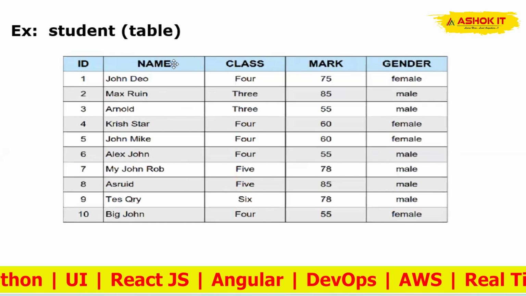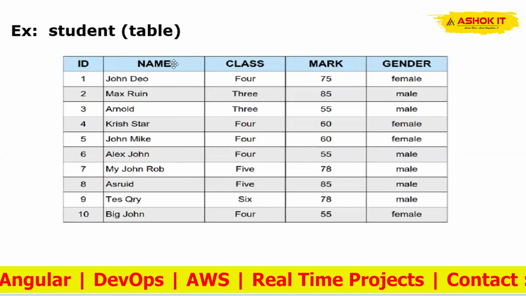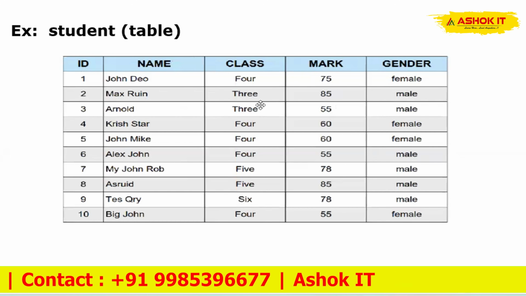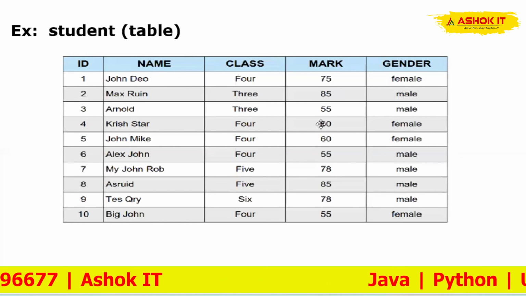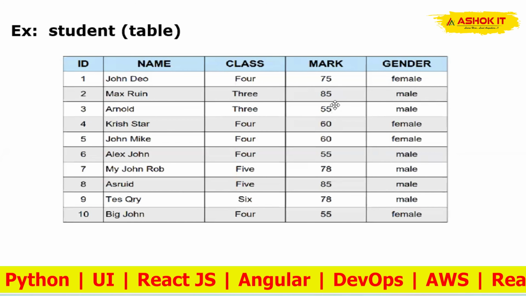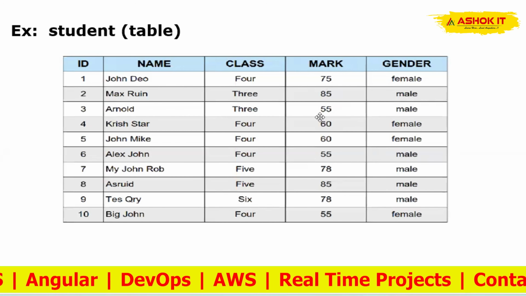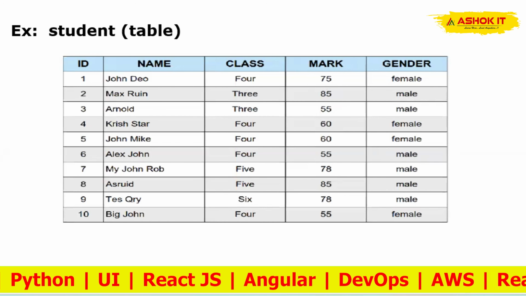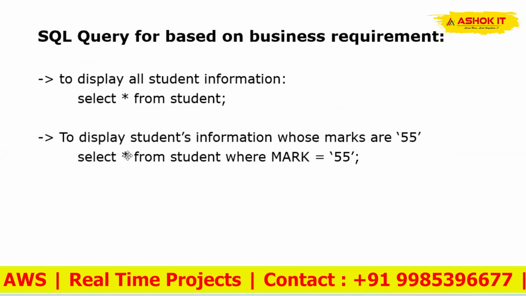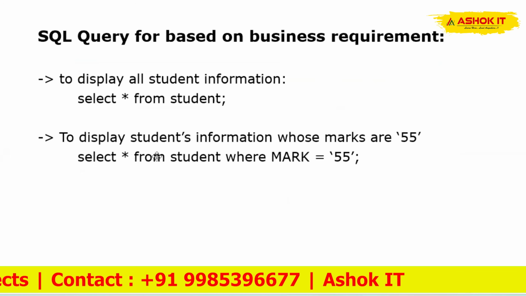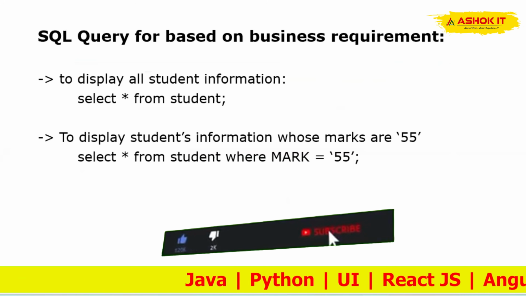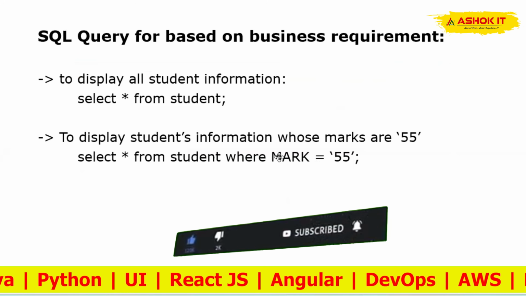Suppose I want to execute a query according to the business logic. Assume I want to get the student information based on the student marks. If the student marks are 55, for the students who have marks 55, I want the corresponding student information displayed. For that, we can write the query like this: select star from student where mark is 55. Select is a keyword in SQL. From is a keyword. Student is the table name we created earlier. Where is a keyword. And mark is the